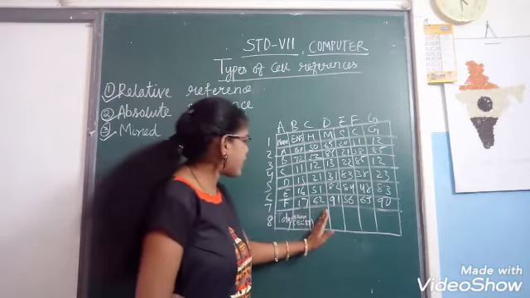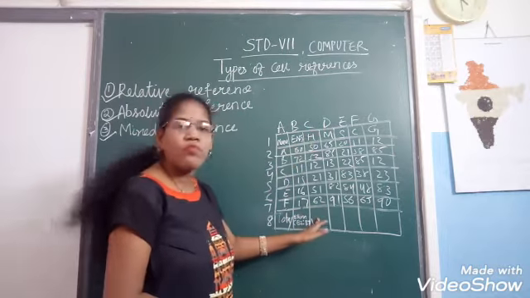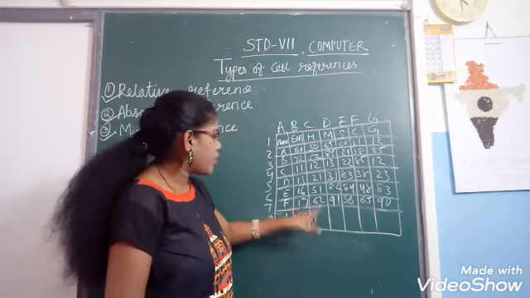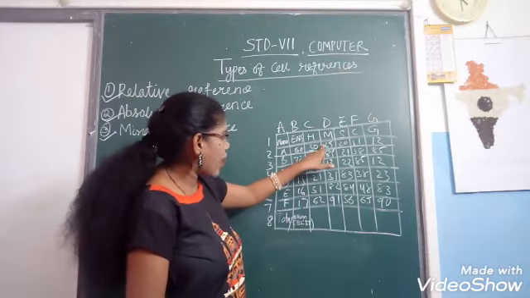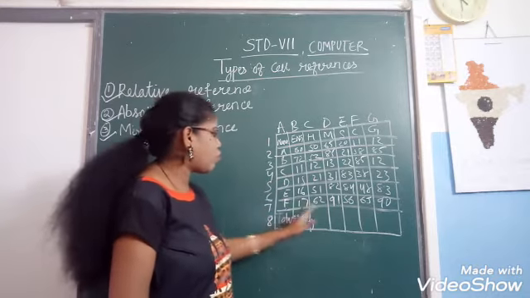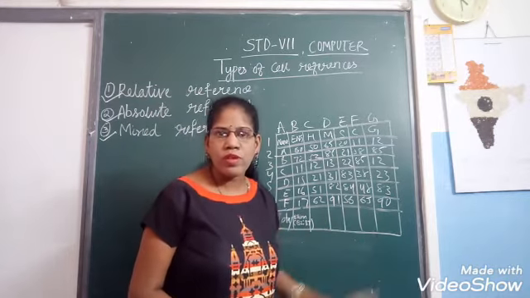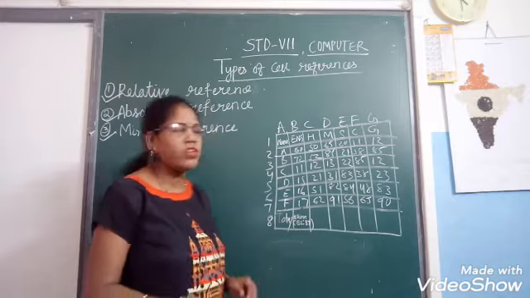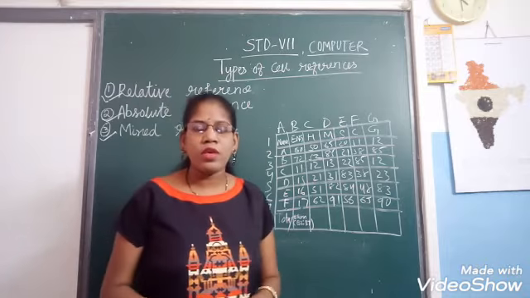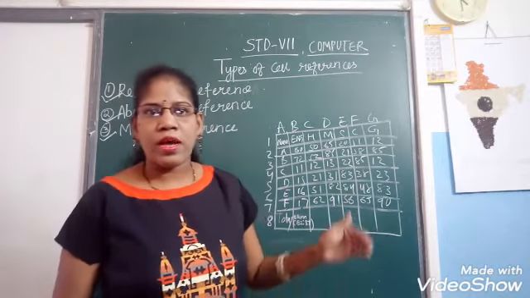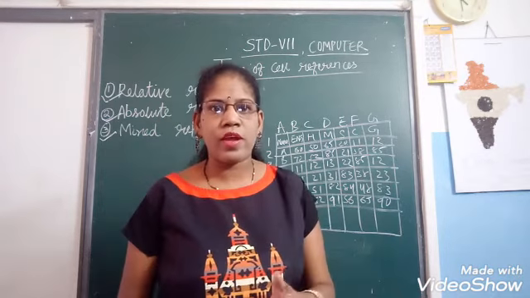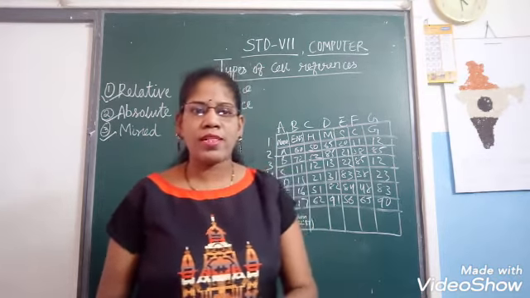Then again, in the second step, I have to put the formula again to get all the answers. I want to add all of this. Then in the third, again I want to add from D2 to D7. So on I have to do. So instead of doing that, which method will I use? That is relative reference. Relative reference means you can copy the formula. We can take data from anywhere in the Excel sheet.